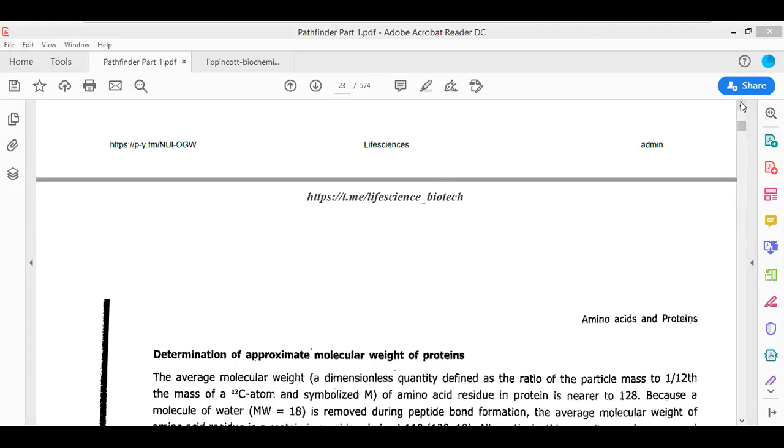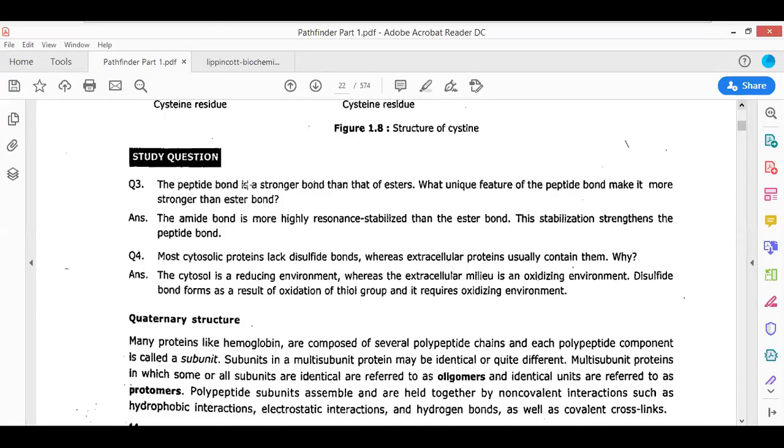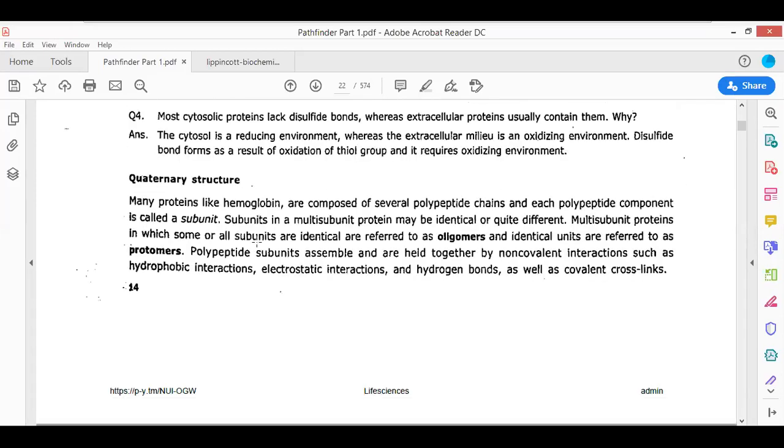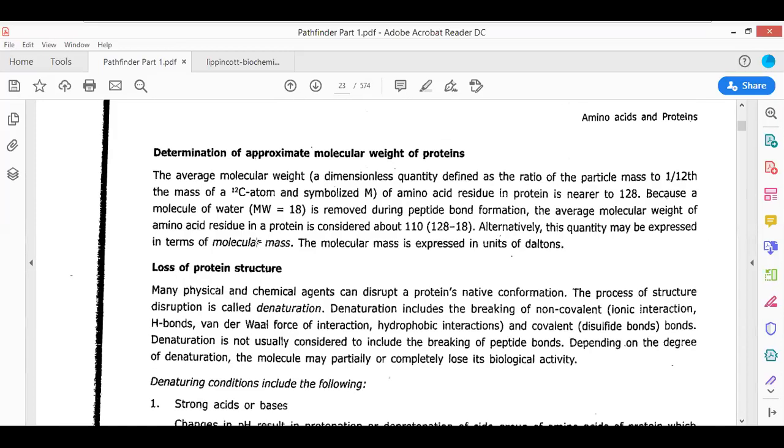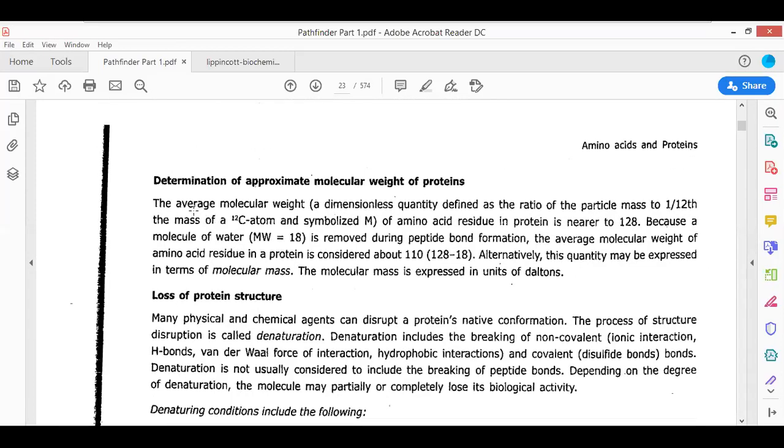There are more than 20 questions given in your MCQ on the primary, secondary, tertiary, and quaternary structure of protein. Please solve all those questions, and we will meet tomorrow here at the same time. I will also give you a question assignment, probably in the morning, that you must do. Then we will start with the determination of approximate molecular weight of the protein. If you have any query, you can always write to me. I will be stopping the class here, but do not leave. I have to talk to you.